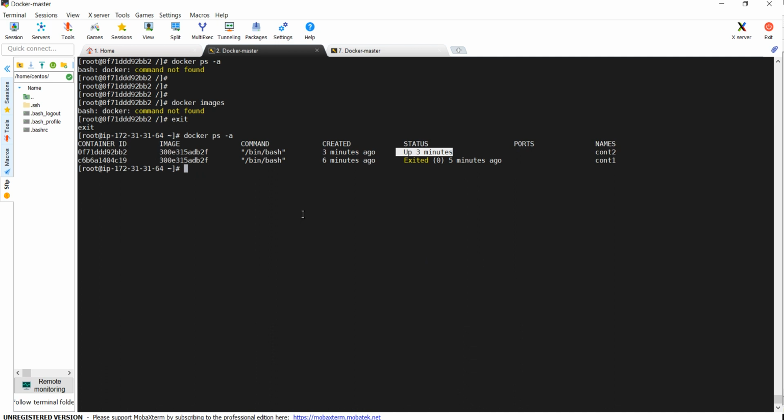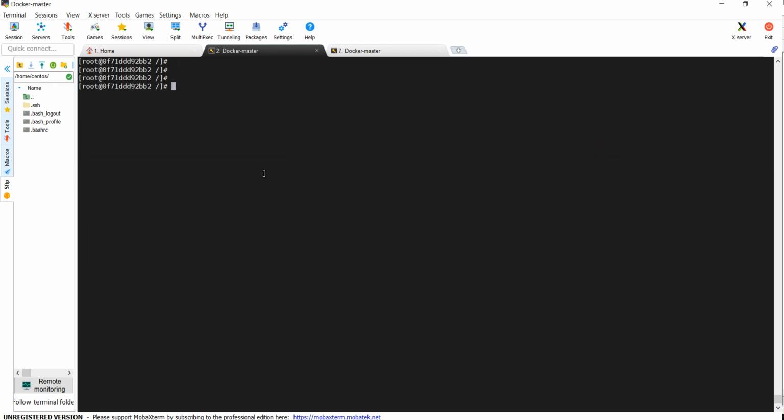And one more thing I want to explain to you. Suppose I use the docker attach container command. By using the docker attach command, I can also go inside such a type of container, a base container. Okay, I am coming out of this. Now our topic is service container. What is a service container and how is it different from a base container?